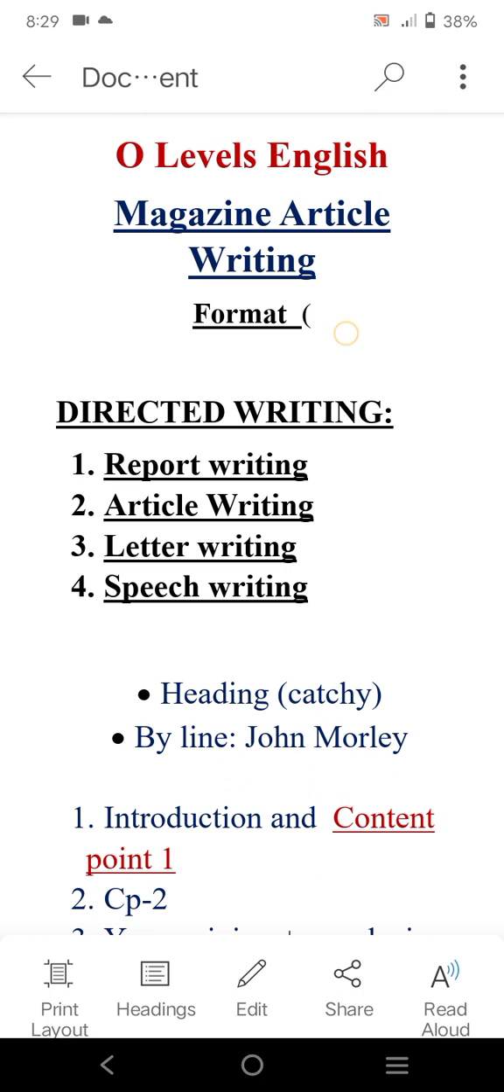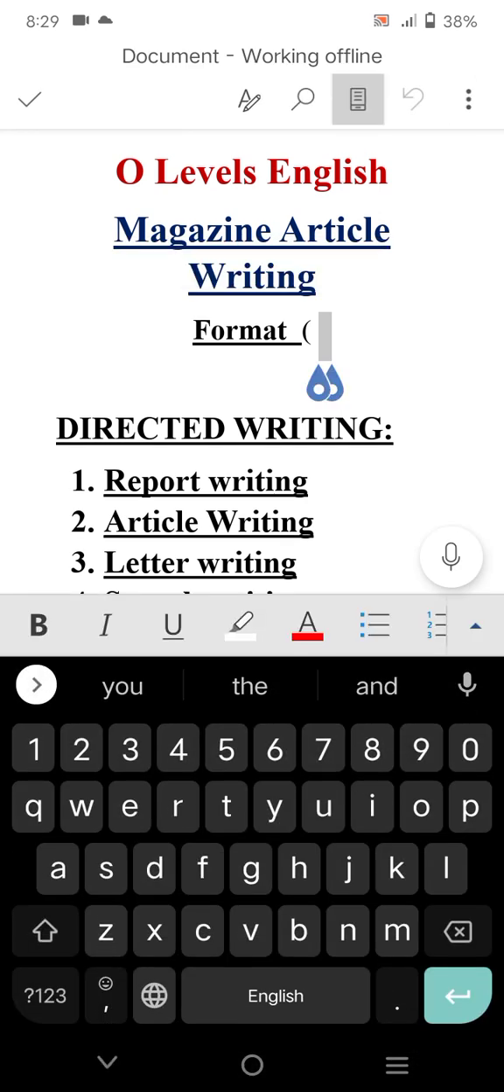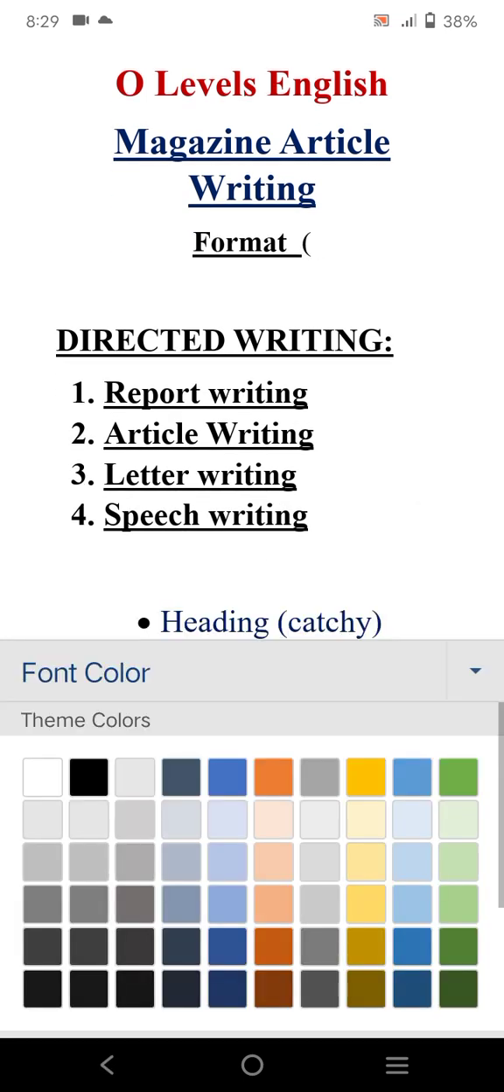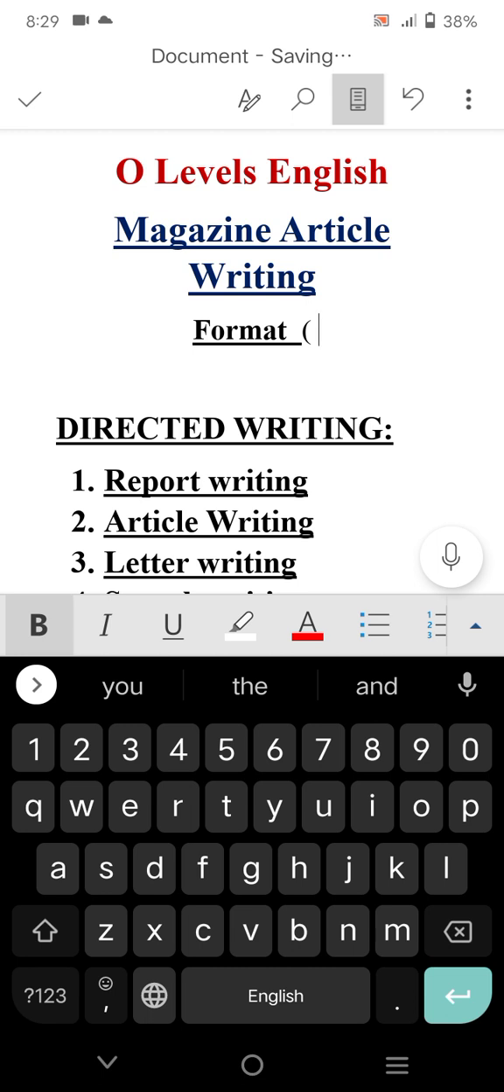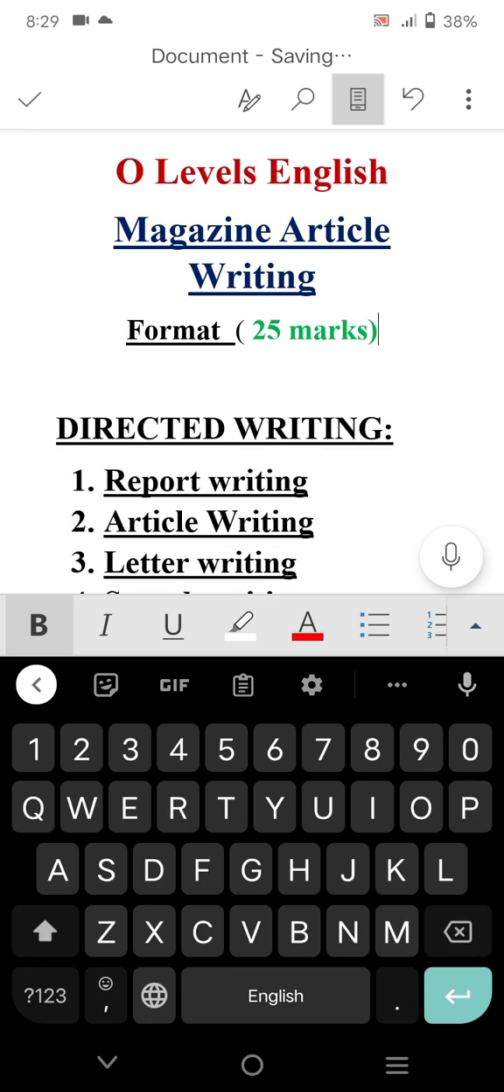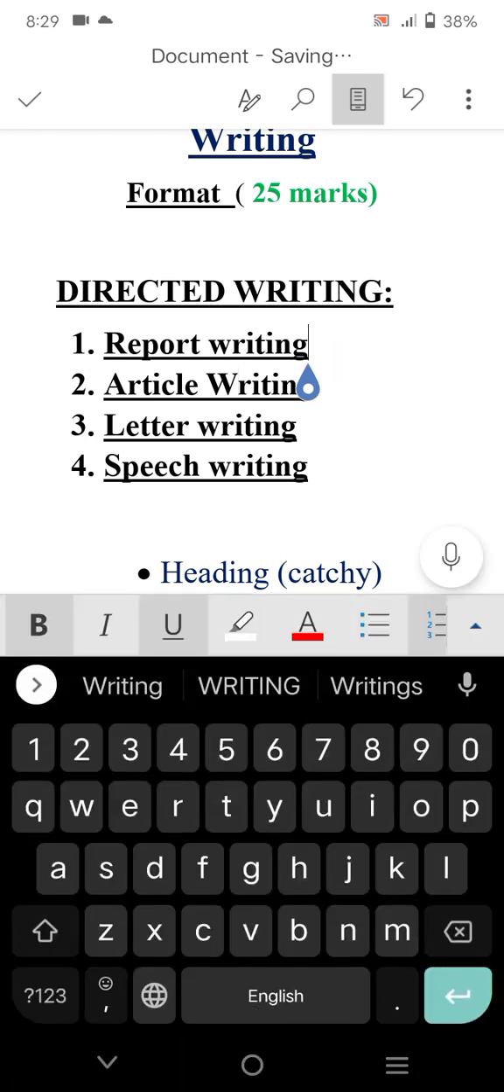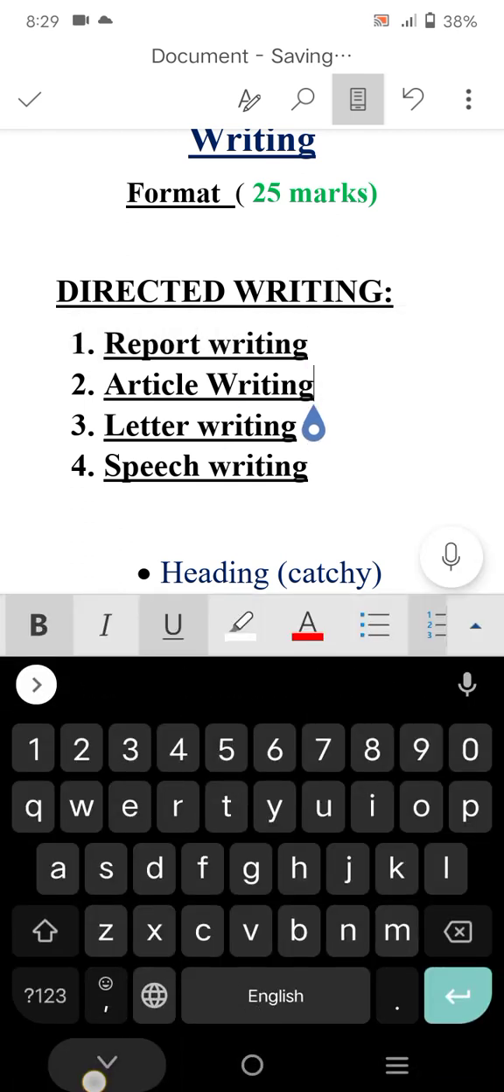The first thing I will tell you is that the magazine article is worth about 25 marks. It holds many marks, and it needs to be done well. Here it comes out to be 25 marks, and you should know that directed writing is